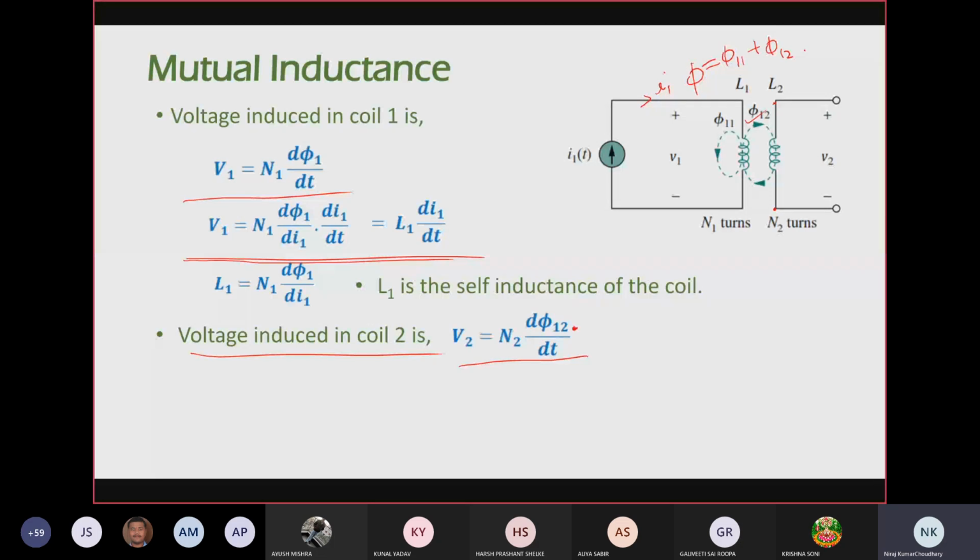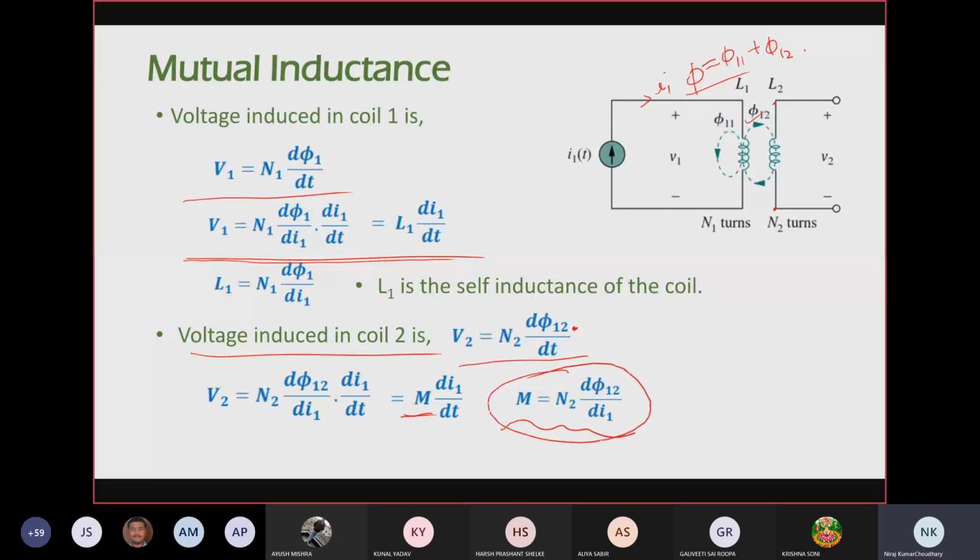d phi 12 क्या है तुम्हारा? The flux which is linking with the second coil, which is basically a part of the total flux of coil 1, right? So again this can be transformed in this form and you can easily calculate the value of mutual inductance, right? So here M is your mutual inductance, which is equal to N2 d phi 12 by di1।